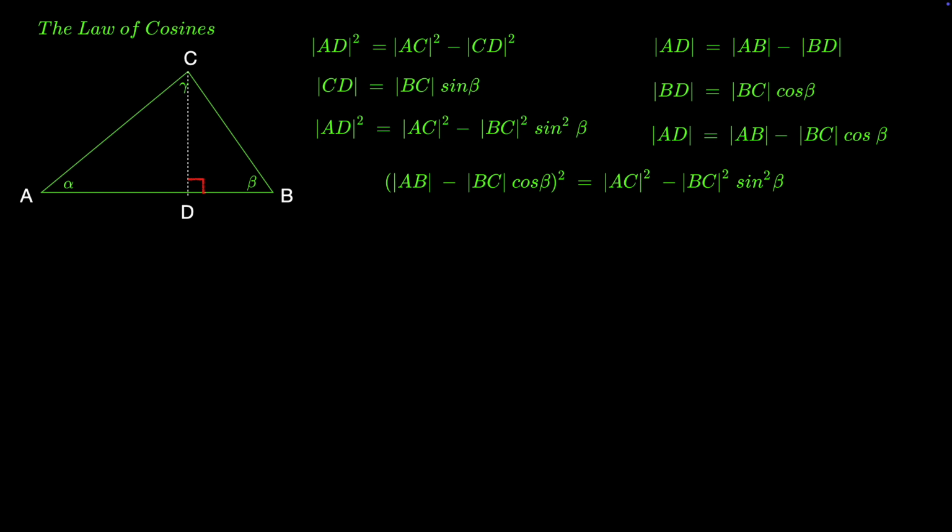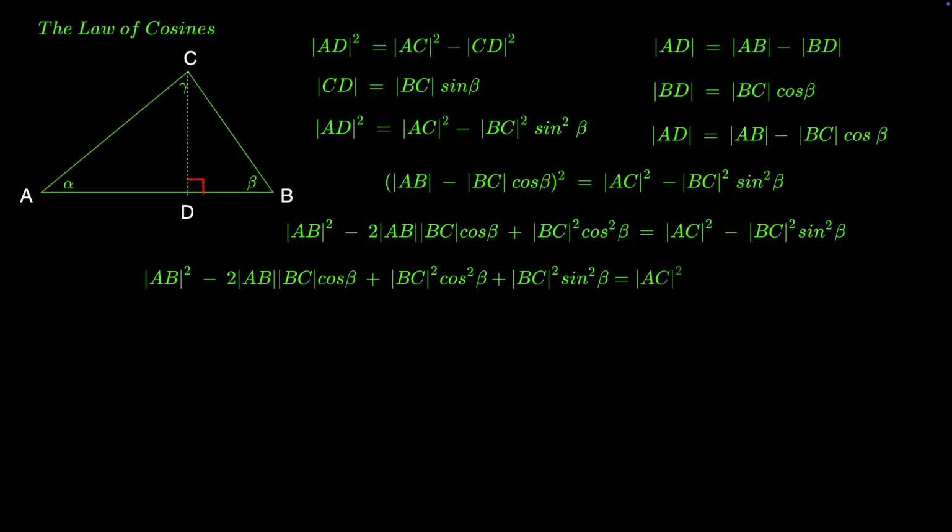Expanding the left-hand side, moving the second term at the right to the left so that we have clearly BC squared times cosine squared beta plus sine squared beta, which is just BC squared. So our equation simplifies somewhat, then rewriting it with AC on the left. After all,